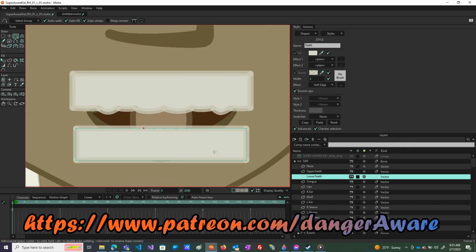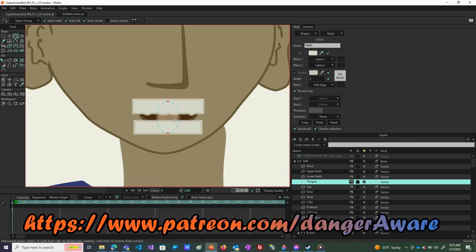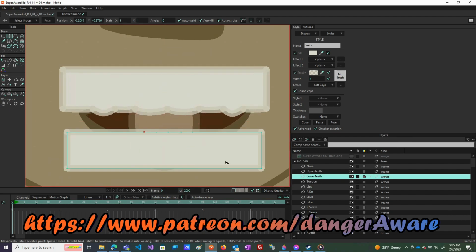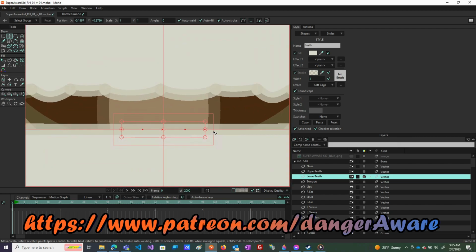Looks like the tongue is not centered. Let's see here. Well, pretty close. So my points must be off. So we can grab them all, just like this, and hit T. Let's center them in the tongue. And we probably should do that better at the upper teeth. So G to grab all these teeth, hit T, and now we can manipulate them to the center. There we go. And now we go back to the lower teeth and continue to add